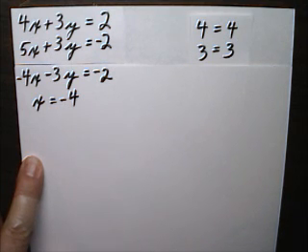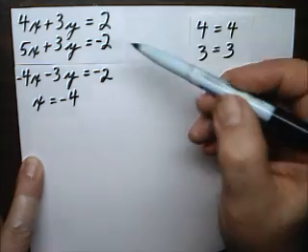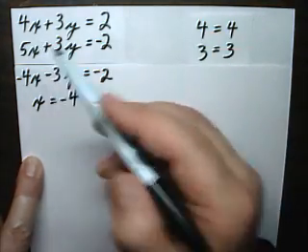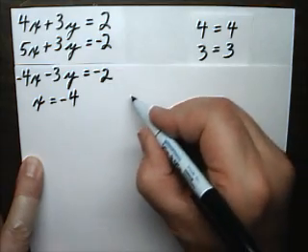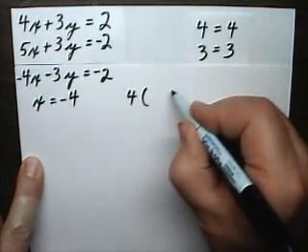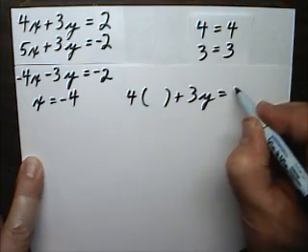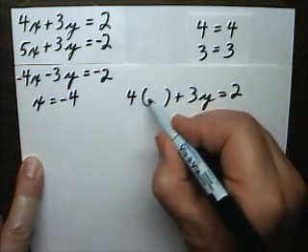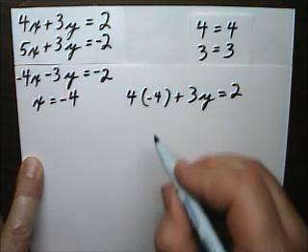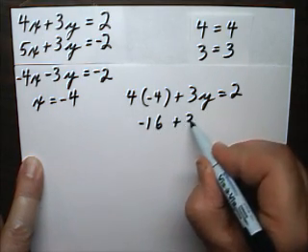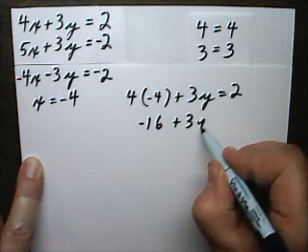And I have to figure out what y is, of course. So I'll use the first equation, an original equation. I'm going to set it up for substitution for x. So I'm going to write everything but leave an empty set of parentheses for the x. And then I can put my -4 in there. This is -16 plus 3y